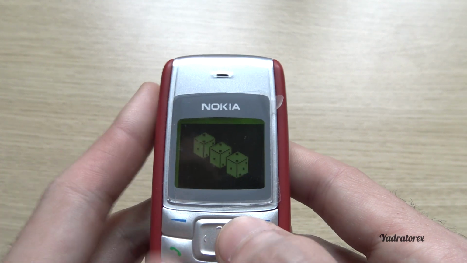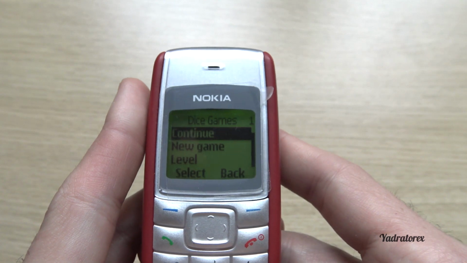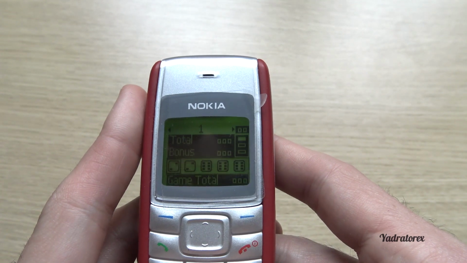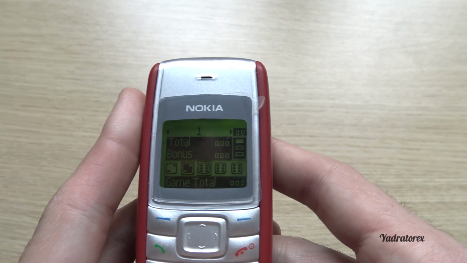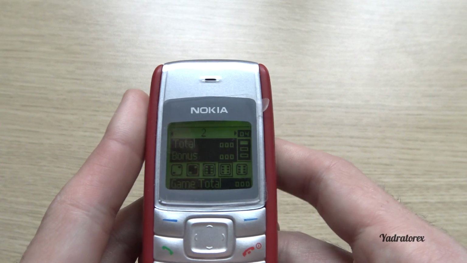Dice games. Another game that I never seen, so I don't know how to play with it.